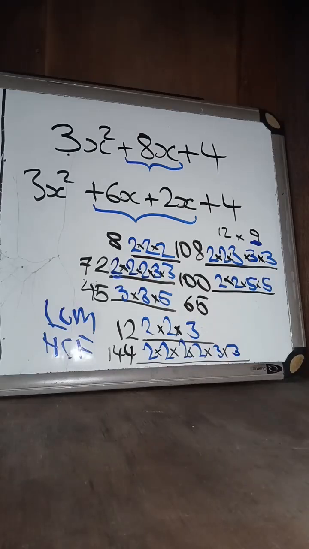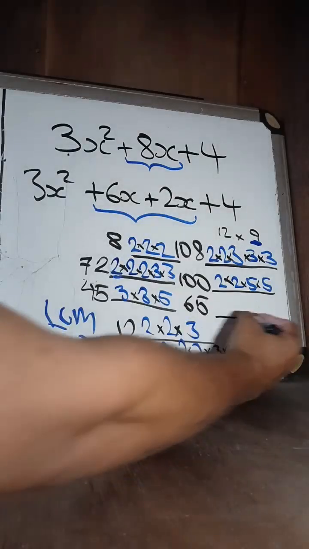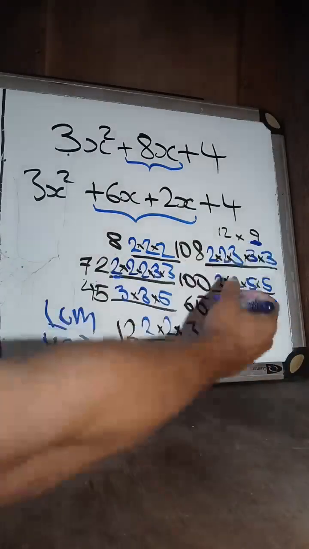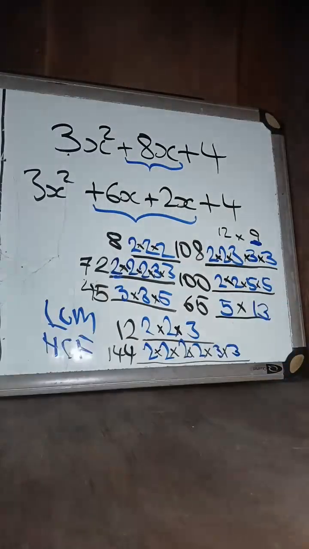So yeah, and now with the 65, 65 is just 5 times 13. And of course, 5 is prime, 13 is prime, so we don't need to go any further than that. Right? So if we get good at finding prime factors for every number that we see,